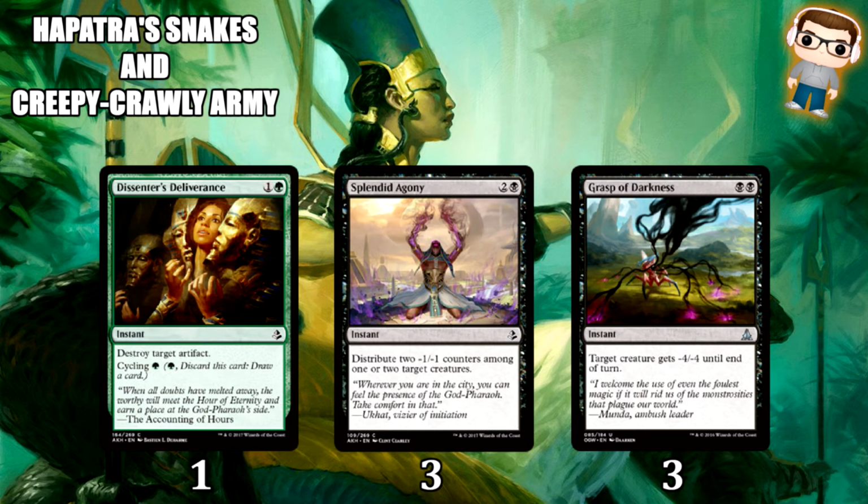3 Splendid Agonies, just had to have these. It distributes -1/1 counters. That's what our deck's basically all about. Bit of removal with Grasp of Darkness. We have 3 of them. Gives target creature -4/4, so we could get bigger creatures with this as well, because we're putting -1/1 counters on